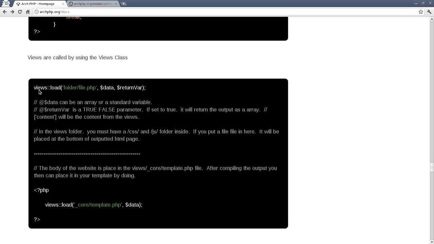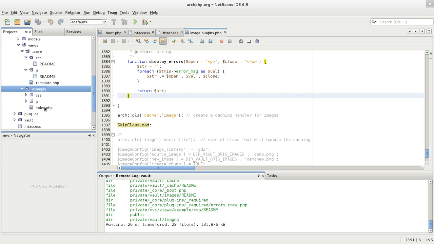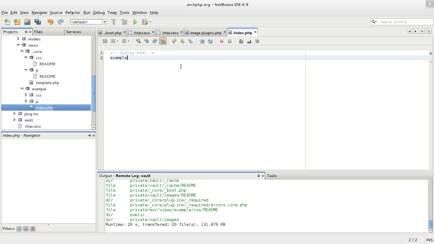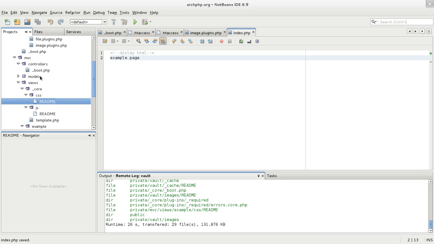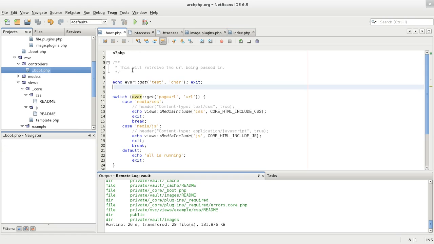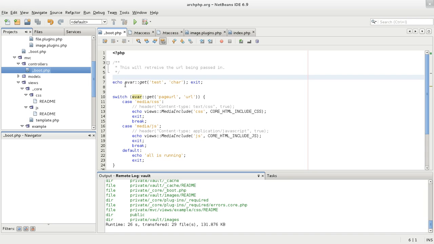So let's go here and let's create this example. I think there's one here. So alright, so index. So in your controller, which you would create inside the controllers folder, you would call your view file. So in this case, we're just going to call it the example just to show you how it works. Now you would just do views,